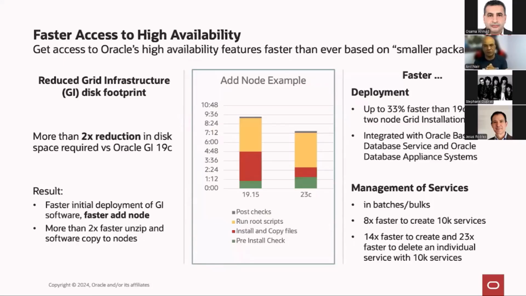The latest RUs are in. And also, obviously, because of this, it's half the size. We also added optimization to deploy it faster, so faster copying. That means you can unzip and copy to different nodes 2x times faster. What does that mean? That means the typical traditional operations like installing, adding a node, deleting a node are